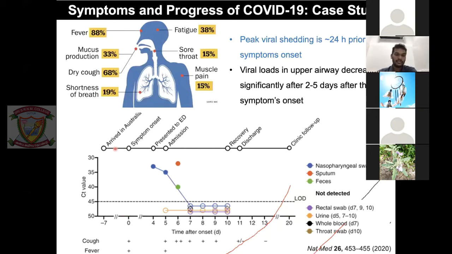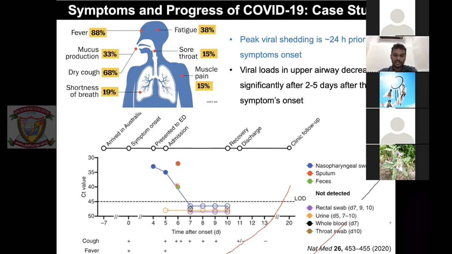It was a case study of a woman who visited Wuhan, China, and then arrived in Australia 11 days before. For the first 11 days she did not have anything, and on the 0th day she had a little bit of cough and a little bit of fever. She went to the hospital and expressed that she had a little cough and fever, and did not know what to do. They started doing viral load screening, and found the highest level of virus on the 4th day, but only on the 5th day she again got some cough and some fever.